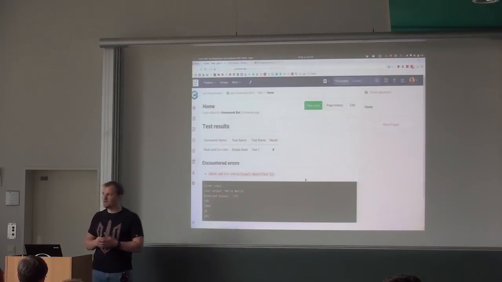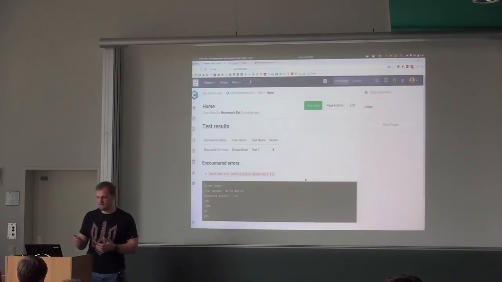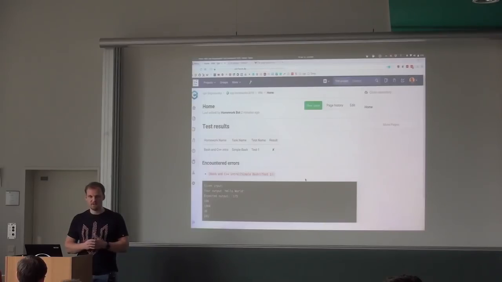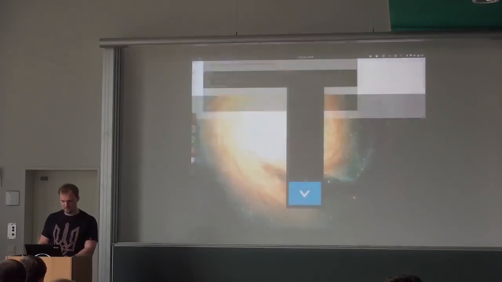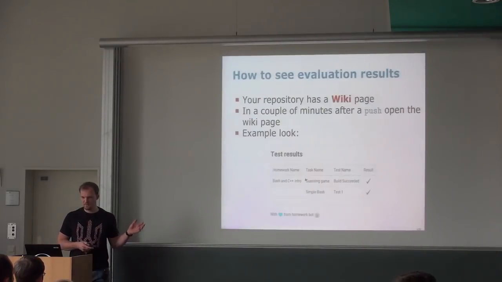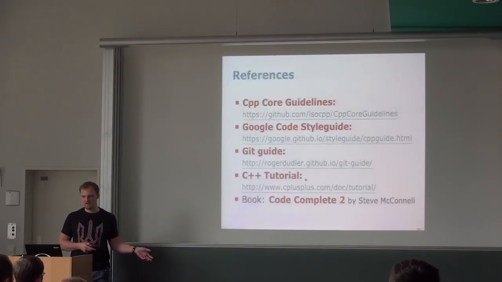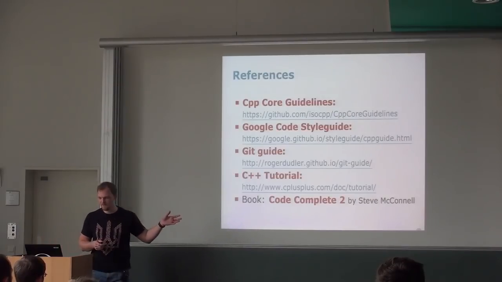I just need to figure out the way how to give you all access to the server. There has to be a centralized way. Okay, and I will just send you an email over the whole course of how to do it. Okay? I think I'm more or less done for today. The same information is duplicated here, and the last thing is the references of this lecture.